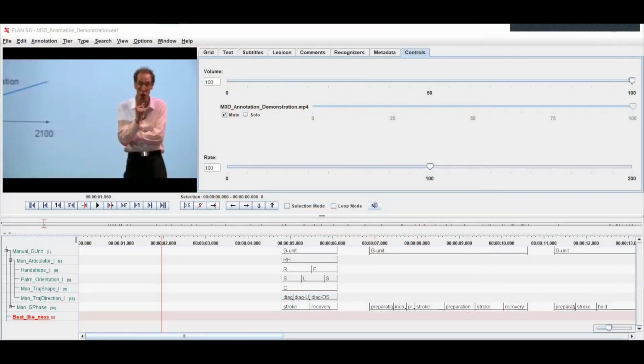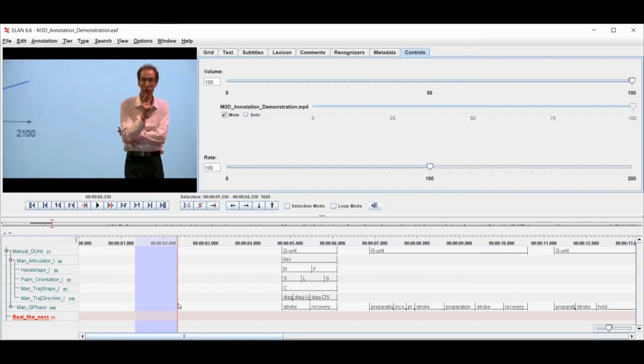All right, welcome back to the annotation demonstration video where we're going to be talking about beat-likeness, which is one aspect of the rhythmic properties of gesture within the prosodic dimension of gesture. Now, as a quick reminder from the video, we have three different levels of beat-likeness, and I can